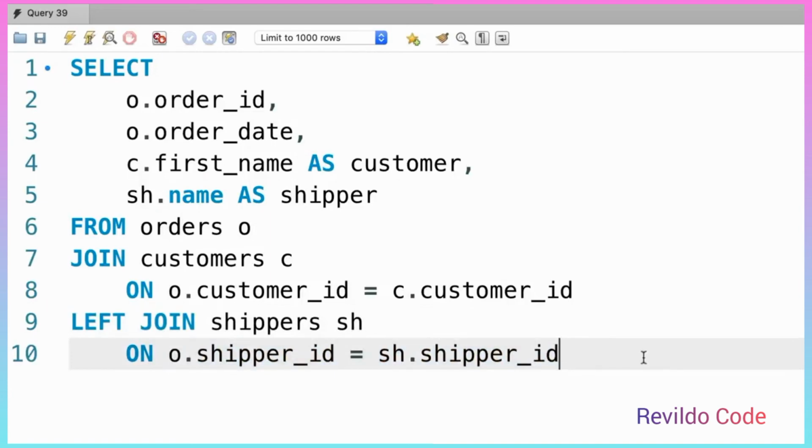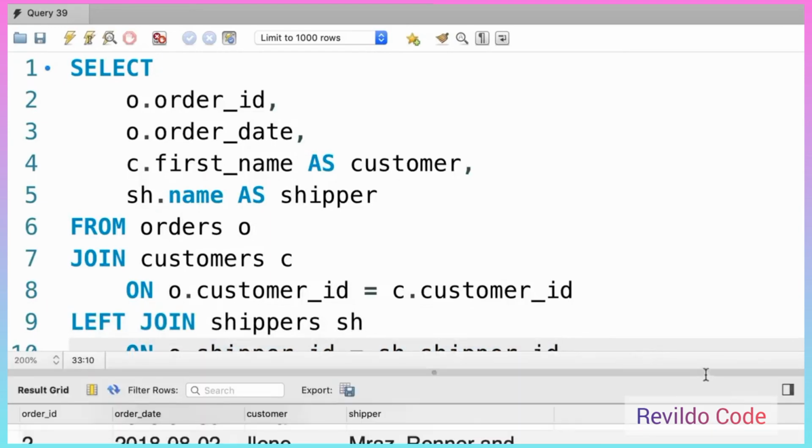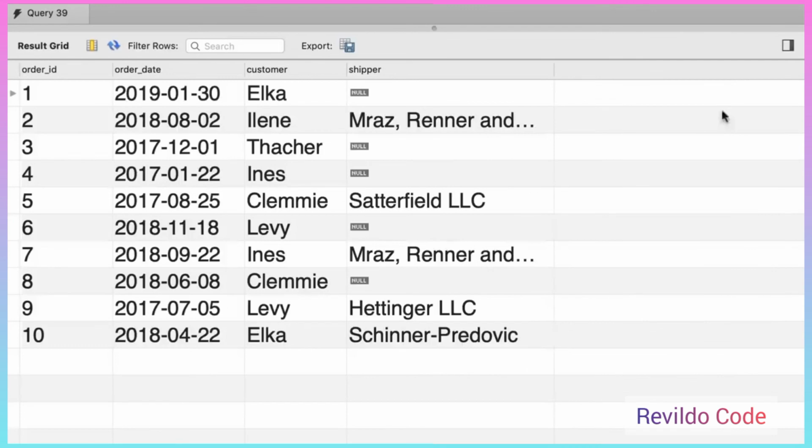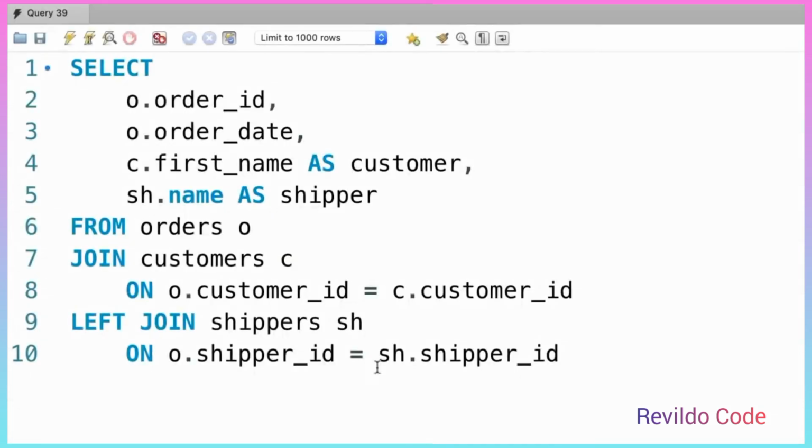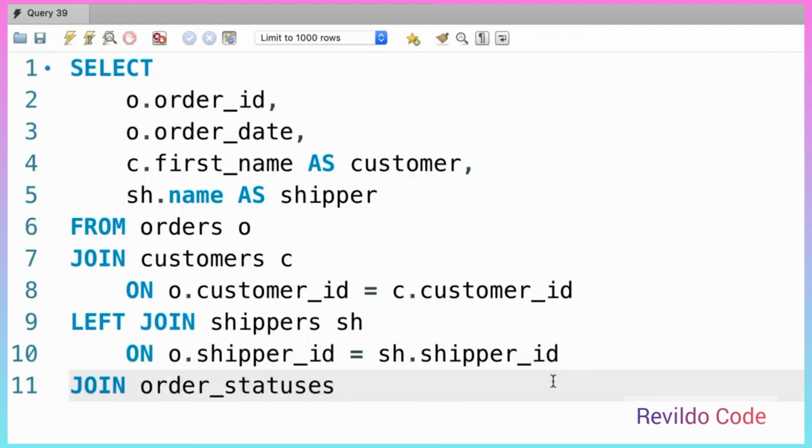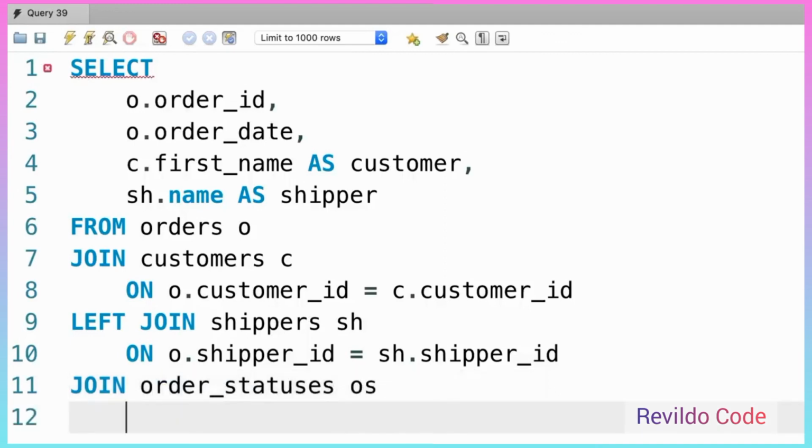Let's execute the query one more time. There you go. Now we see all the orders from number 1 to number 10. Beautiful. Finally, we need to add the status column here. So we need to do another join here. Join with order statuses, which we abbreviate as OS, on o.status equal to